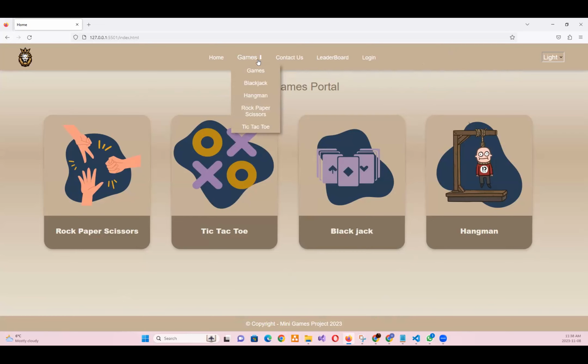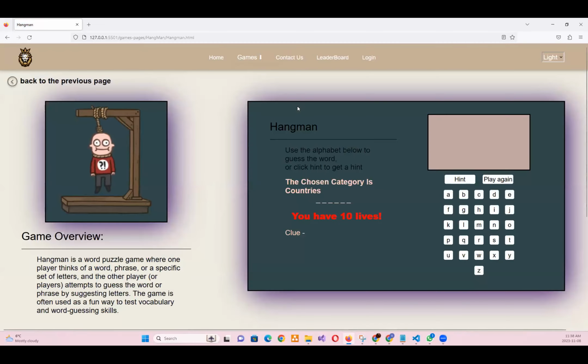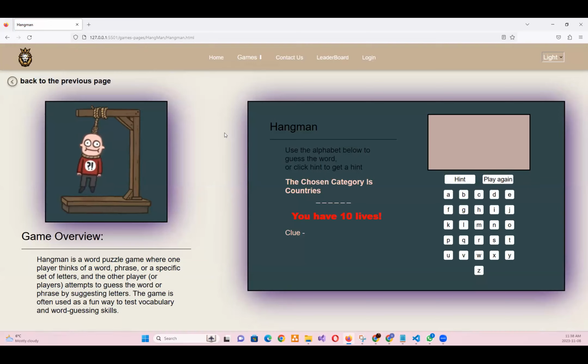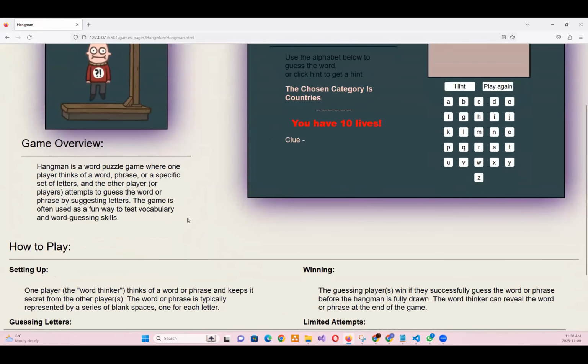As well, I designed the hangman page. For the hangman page, I made sure to have a simple, easy-to-understand user interface. I wanted to have a visual presentation of the game and a description of the game.